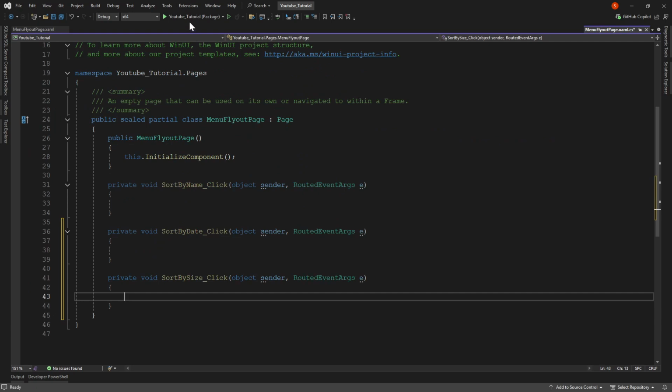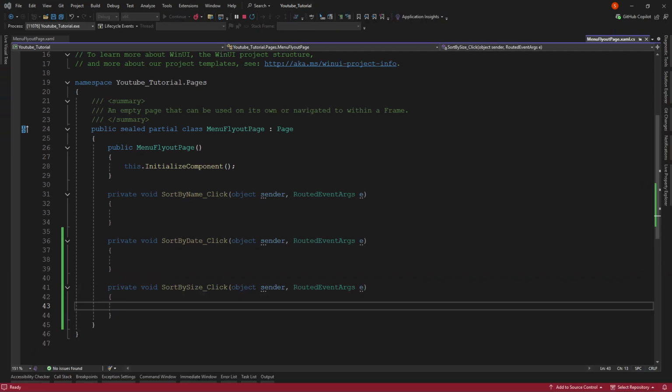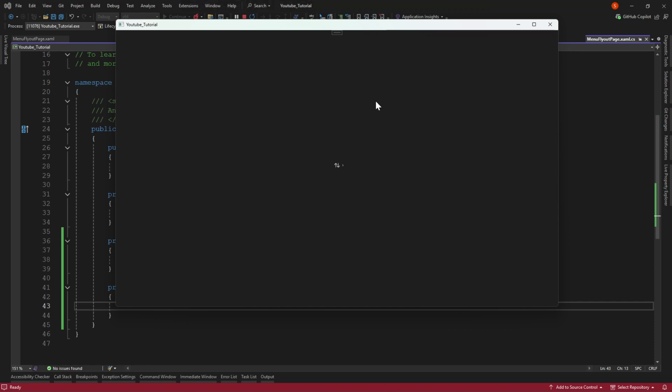And okay, you can run. Here is the app bar button, just the icon, and click. You see, sort by name, sort by date, and sort by size.